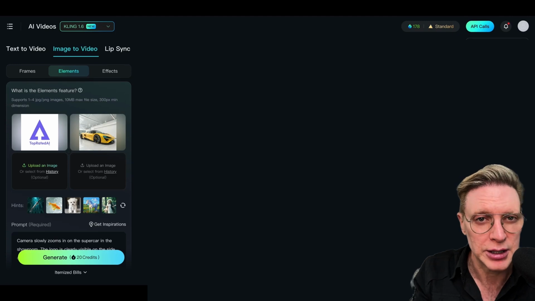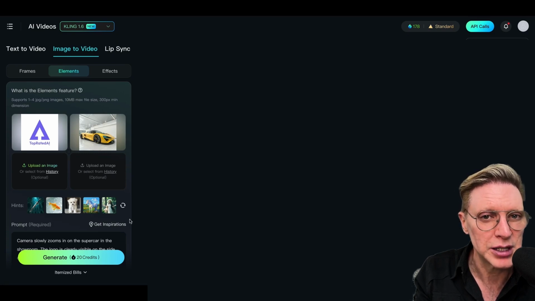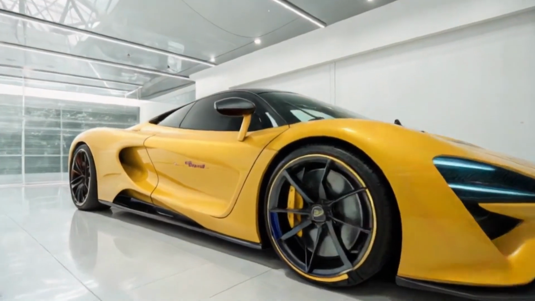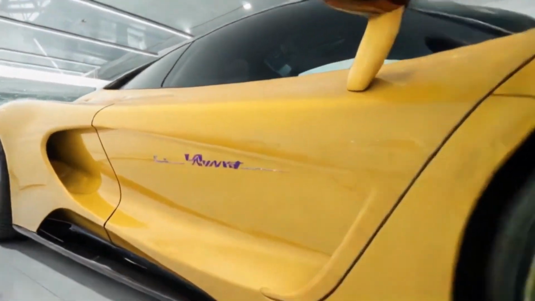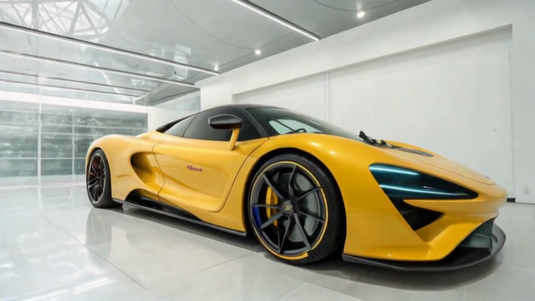And I'm feeling kind of lucky, so let's go ahead and rerun our supercar with the JPEG version of the top-rated AI logo, not the transparent PNG version. And let's see what we get. And here's the results. Obviously not the top-rated AI logo, but fortunately your boy Adrian has a very reliable way